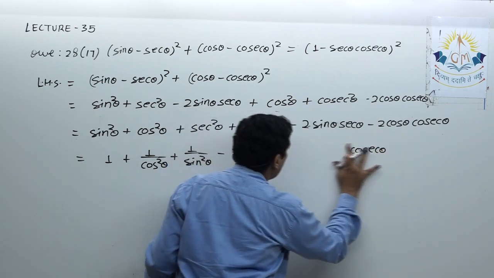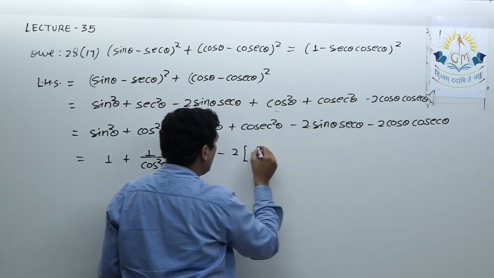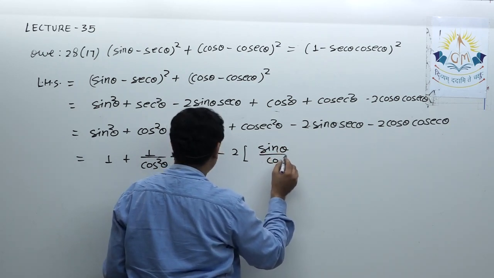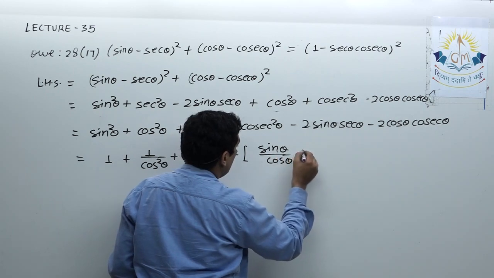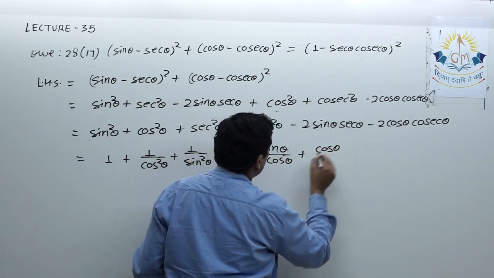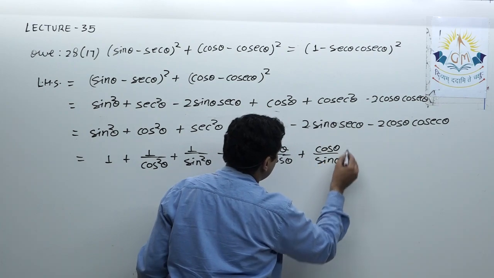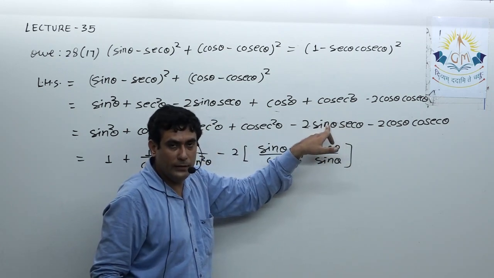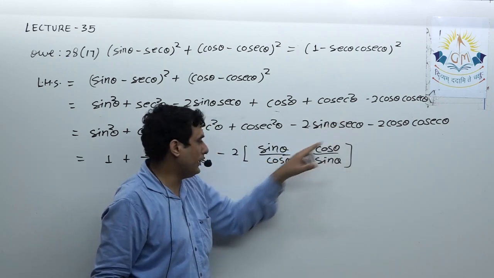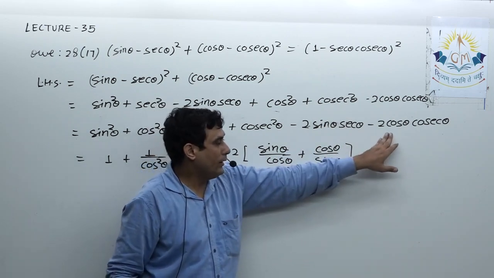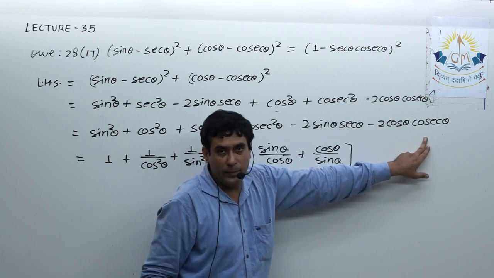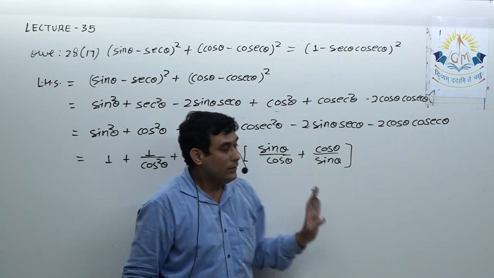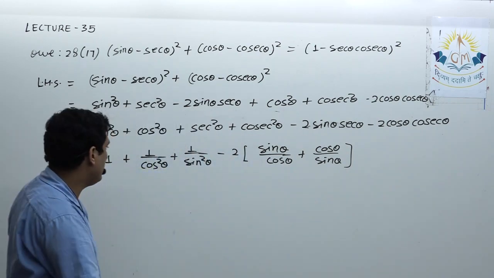Okay, I'm doing one thing more simultaneously. I'm converting this sec in the form of sin and cos. So sin theta upon cos theta, and cos theta upon sin theta. I hope you got this. See, it is sin theta multiplied by 1 upon cos theta, so sin theta upon cos theta. Over here it is cos theta multiplied by 1 upon sin theta, so cos theta upon sin theta. Okay, now try to solve it further, then I will give you the solution.